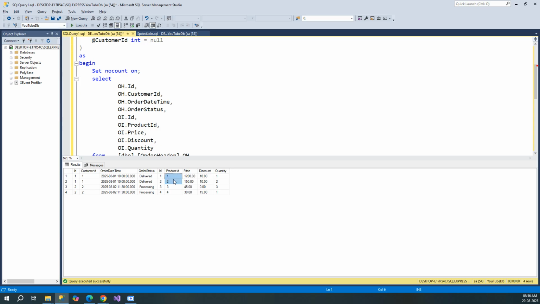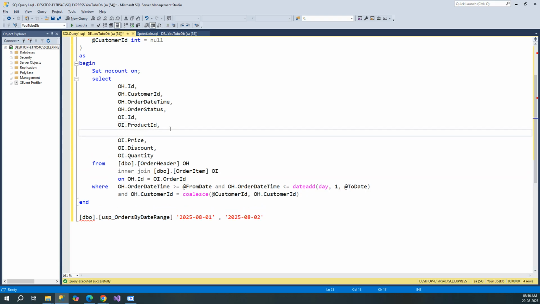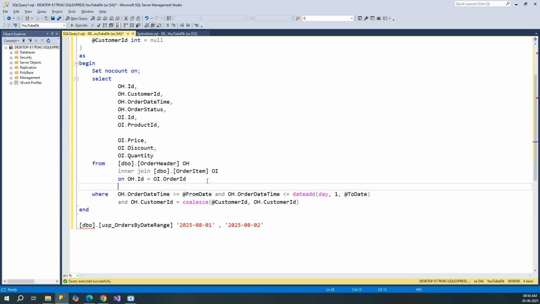Here we have 1 and 2. Now let's bring out the product ID, product name. Actually we need product name over here, right? So where do we have that? So we'll have to again use another inner join with dbo.product,